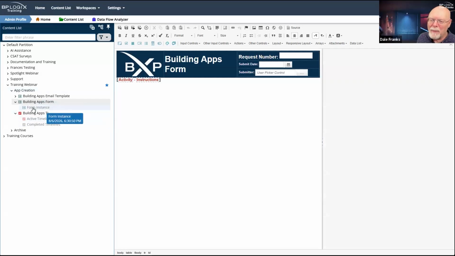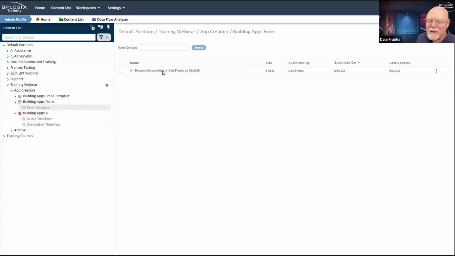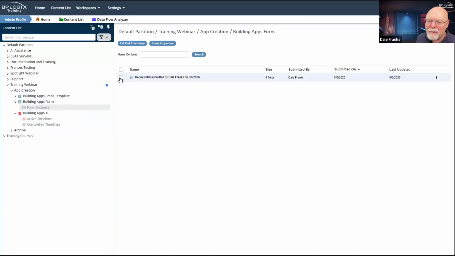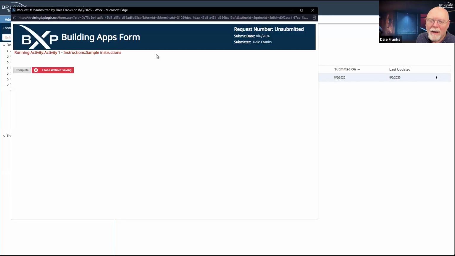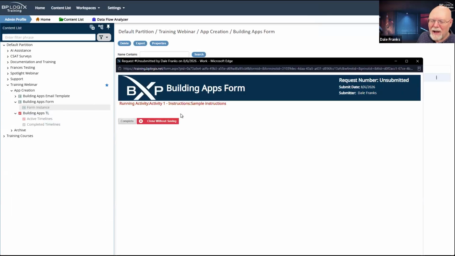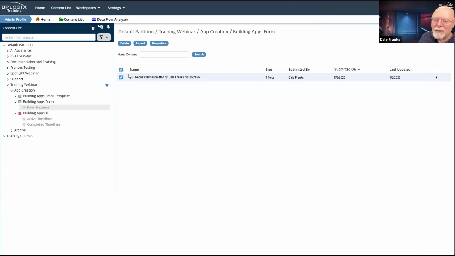I'm a dummy. All right, we'll go to the form instance. Let's try to reopen it. There we go. We've got running activity, and I am short some spacing here, so I would want to fix that. And obviously, commas, as we've just seen, are important, so it is a good thing that I fixed those.